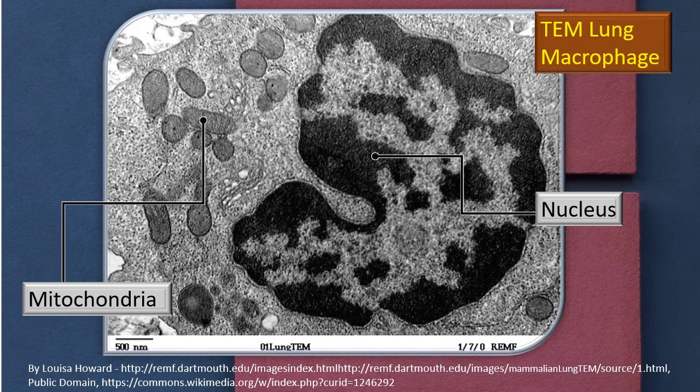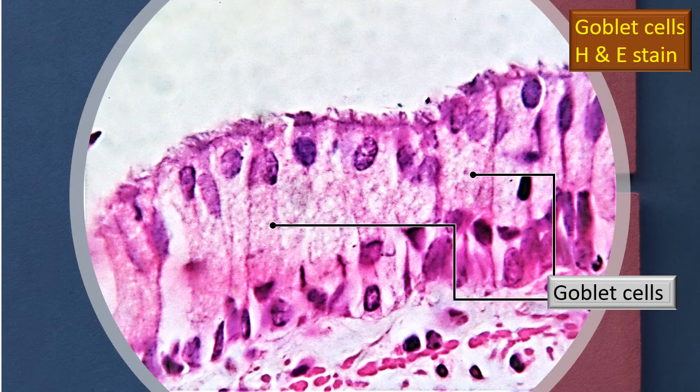Next, it's time we viewed a macrophage in more detail under electron microscopy. Here is a transmission electron microscope of this macrophage. As you see, the typical kidney-shaped large nucleus is very typical. There's plenty of mitochondria and lot of secretory granules. These are the things you will appreciate in this particular photograph, TEM lung macrophage.